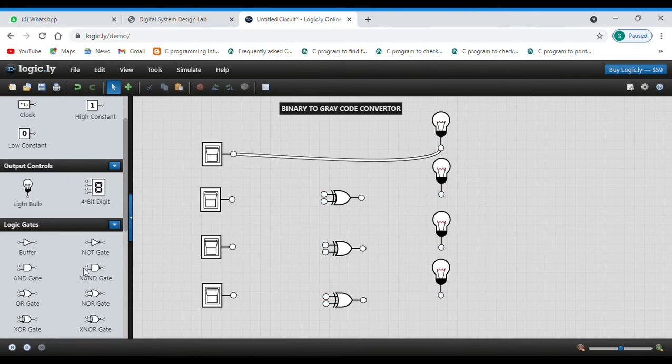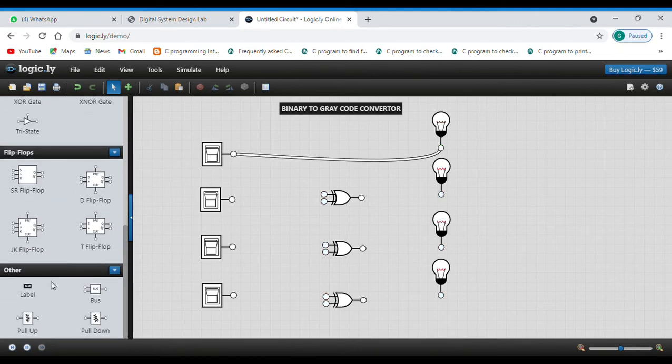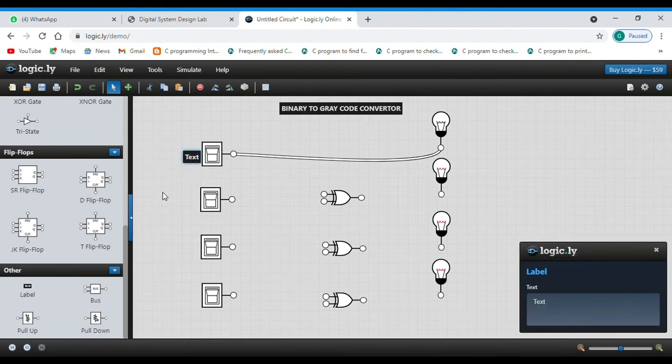Now we'll connect the first toggle switch to the bulb. Before that, we'll label them.